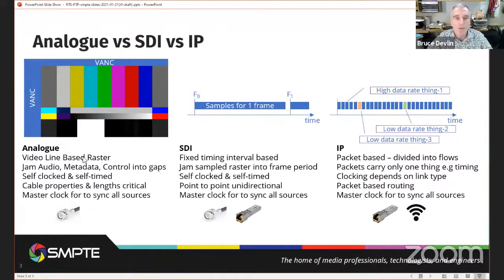So I thought I'd just throw up a slide, and I hope you can see my mouse waggling around here, otherwise just try and imagine it, to have a look at what we were doing in the analog world, the sort of pre-1980s world, and then what we kind of did in the SDI world, which was up until about 4 or 5 years ago, and then what we do in the IP world, and really what are some of the nails that we put into the corner of these particular standards and specifications in order to make what we've done in the past carry through to what we need to do today.